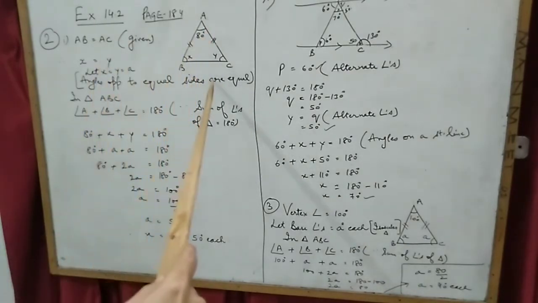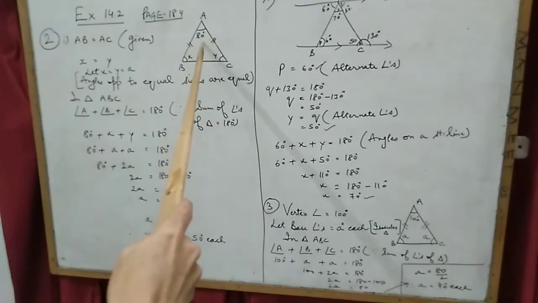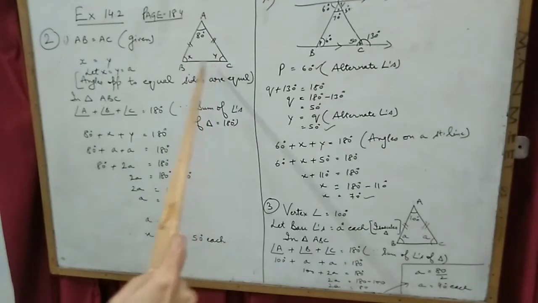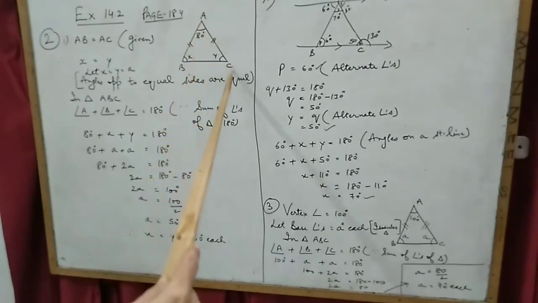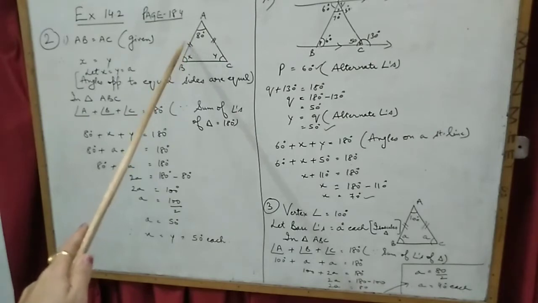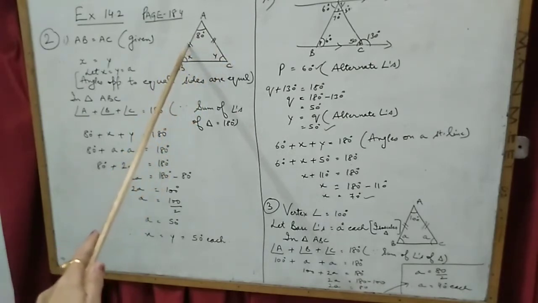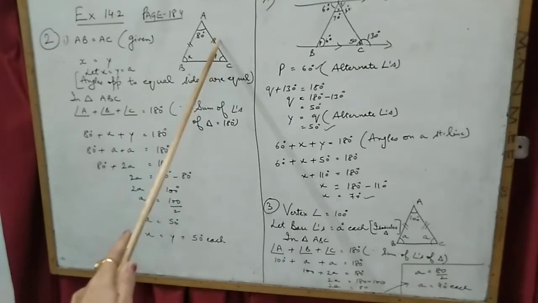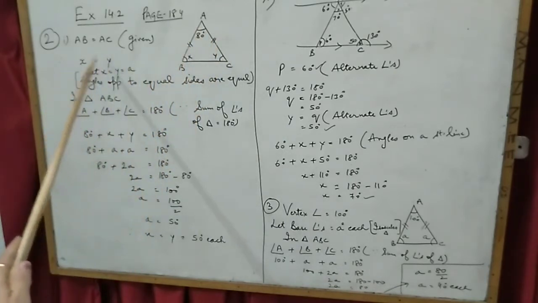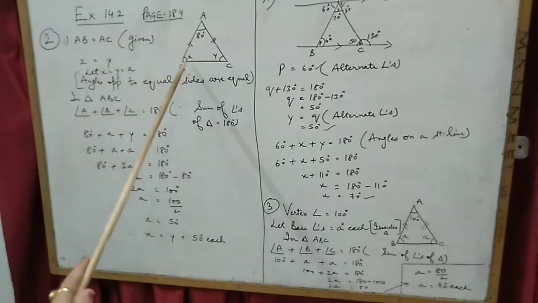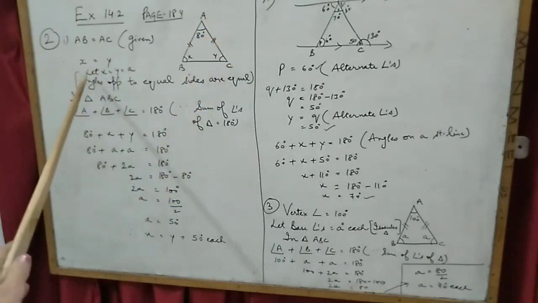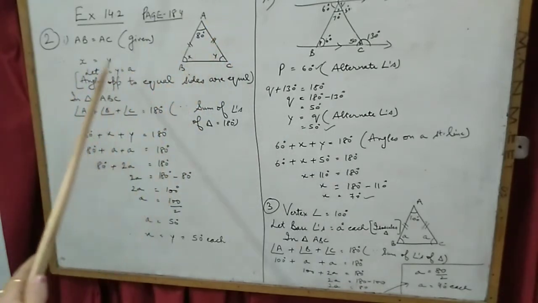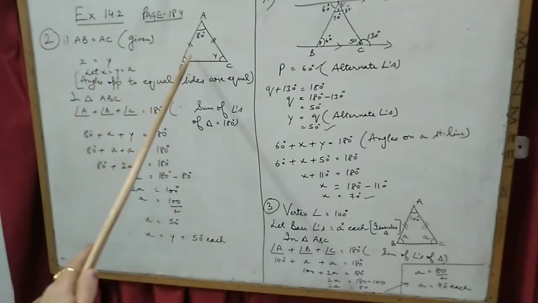So I have taken the first triangle. Here one angle is given, 80 degrees. The other two angles are unknown, they are not given, but they have put the symbol like this. See, this means that this side AB is equal to this side AC. And I have told you earlier that the angles opposite to equal sides are equal. Opposite to this side is angle Y. Opposite to this side is angle X. It means X and Y both are equal. If I get X as 20 degrees, Y will also be 20 degrees. I am just giving you an example. So we will suppose X is also A, Y is also A. Both are A and A.